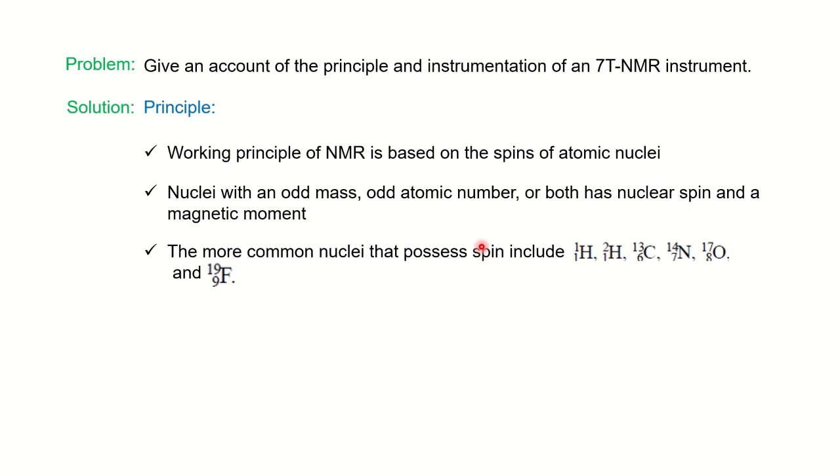So examples for such nuclei are, you can see here 1H1, the atomic mass and atomic number both are odd here. 1H2, here the atomic number is odd. Okay, so the option is either odd atomic number or odd mass or both. So you can see here 6C13, the atomic mass is odd, 7N14, here you have atomic number odd. So basically one of the figures should be odd here or both can be odd. If both are even, it will be NMR inactive.